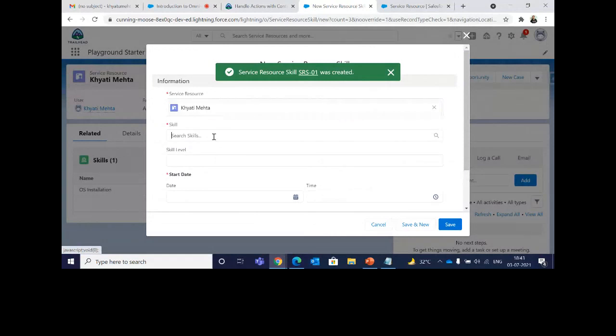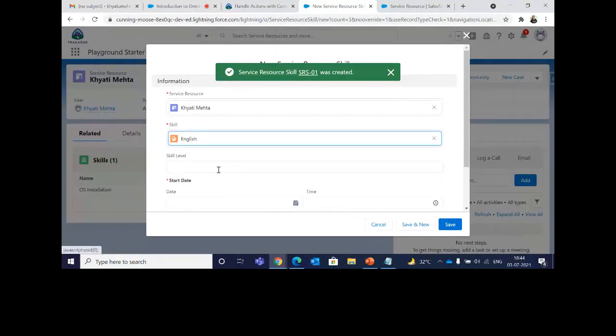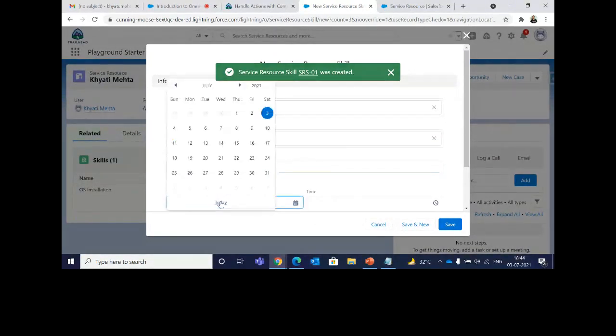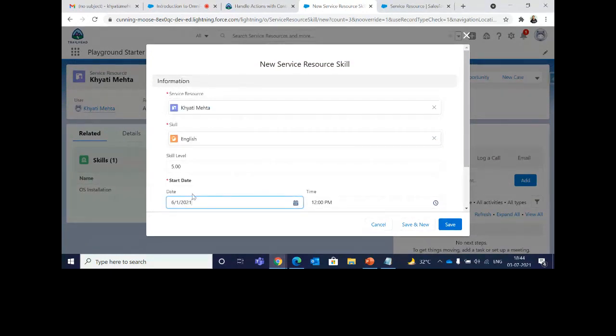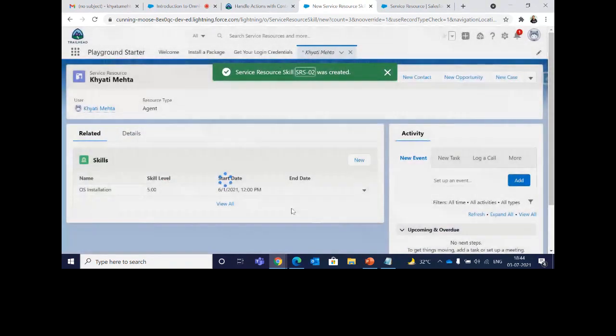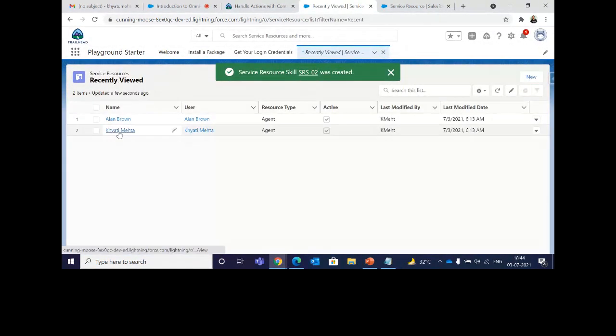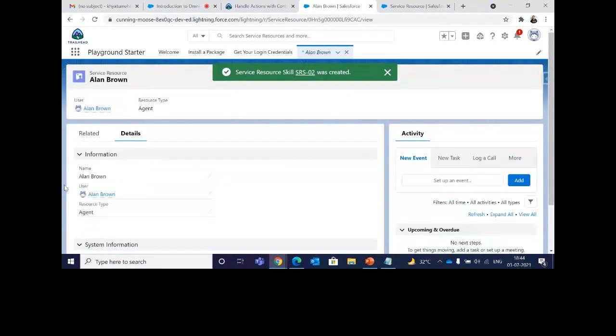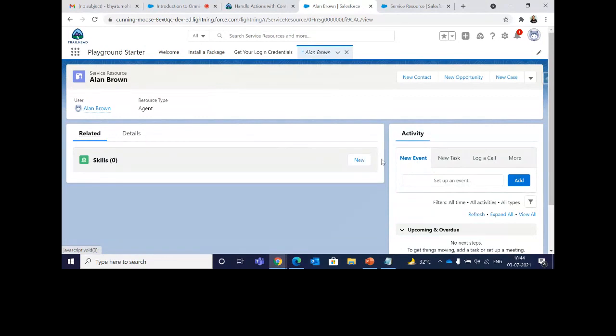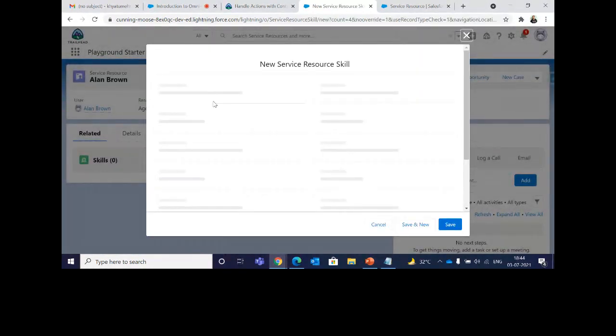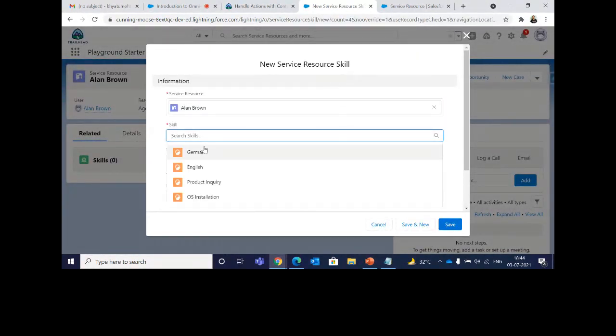So I'll assign one more. Let it be English. And I'll give an average skill level for now, and just a previous date for the start date and click on save. So I've given 2 skills over here. The same way I'll give 2 skills to Alan Brown. All the steps will be the same. Just go to related, click on new, and assign whatever skills you want.